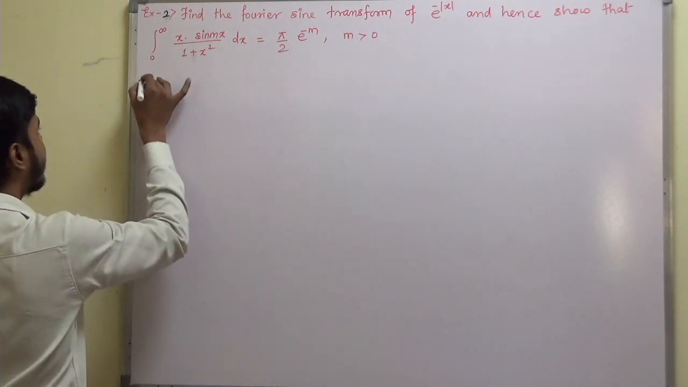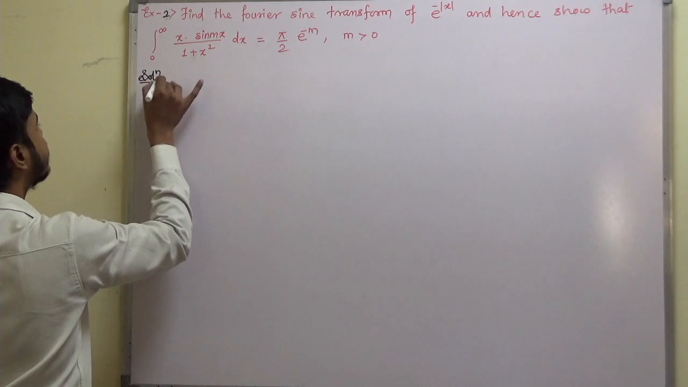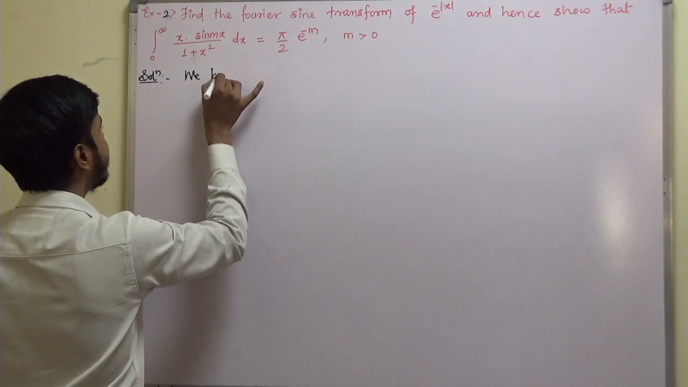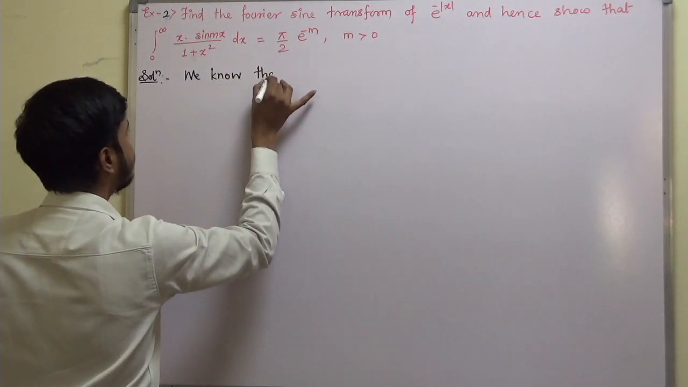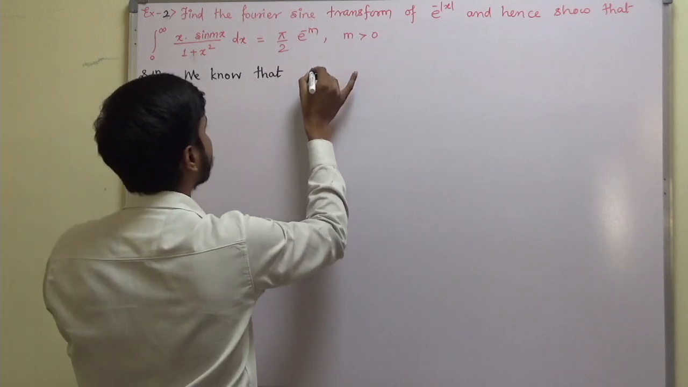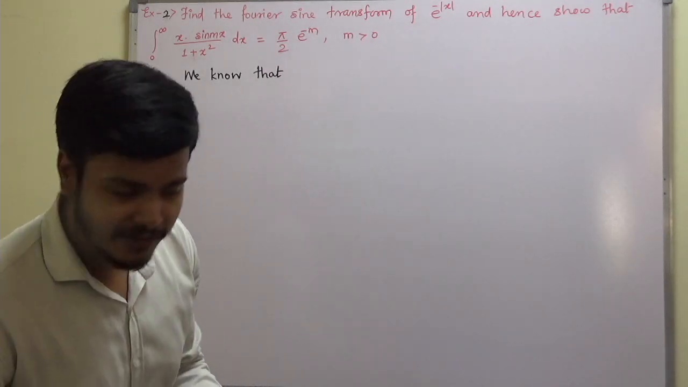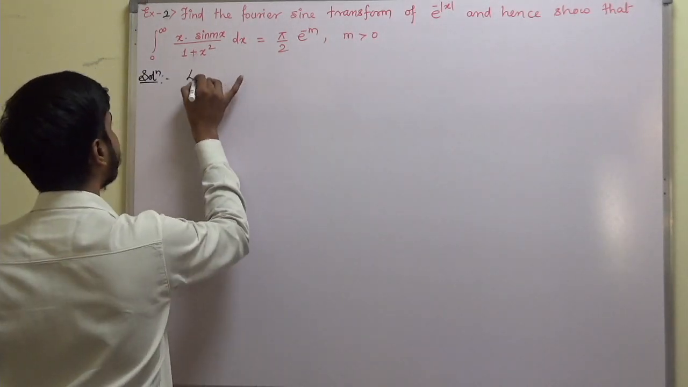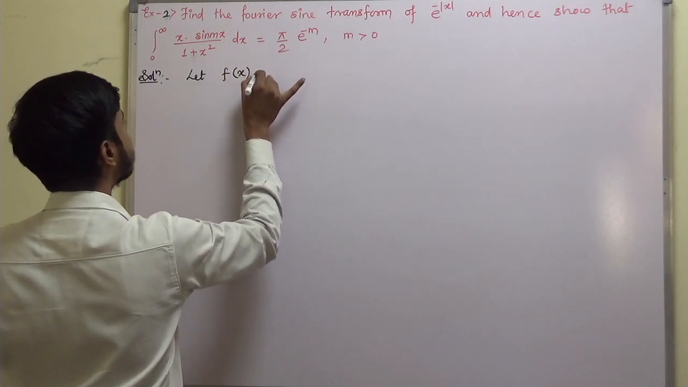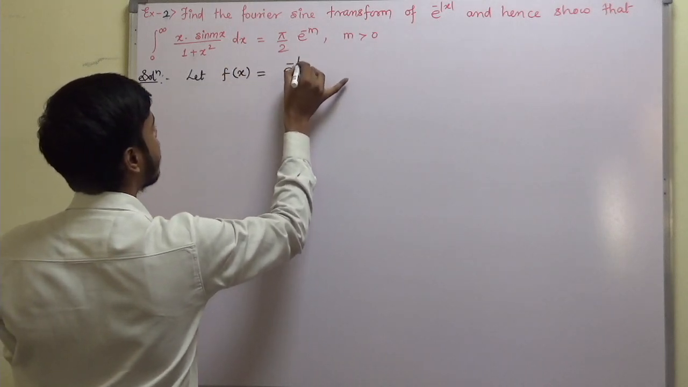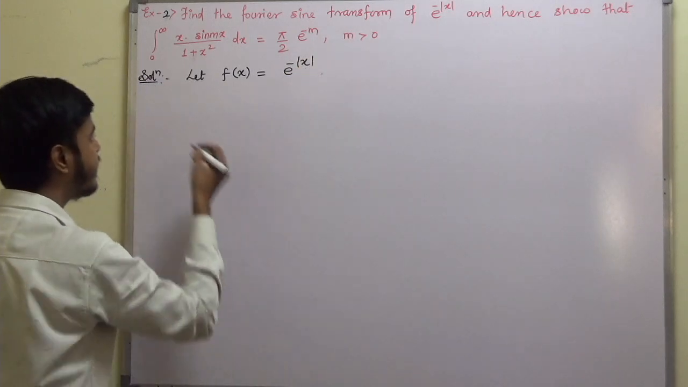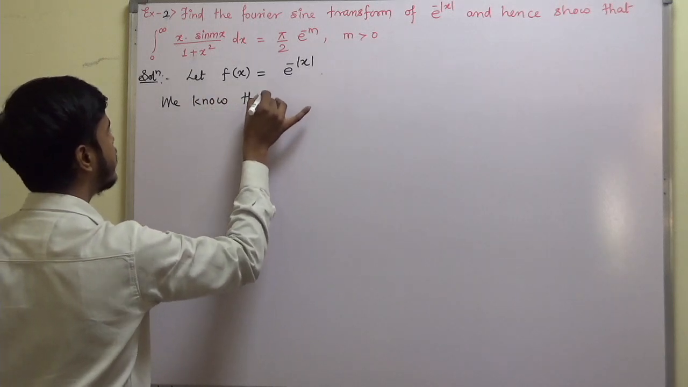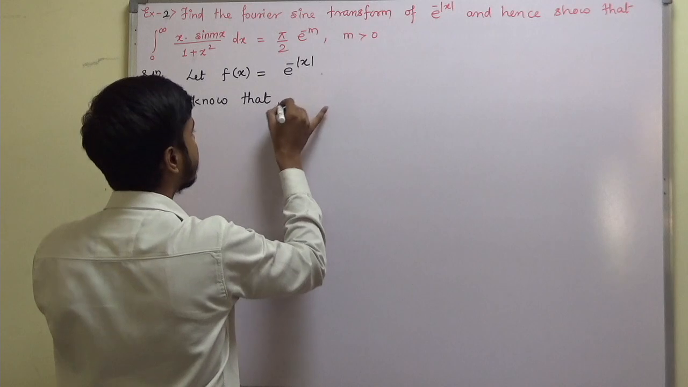Okay. So as usual, let us start with these three golden words in mathematics. That is, we know that. So what we know? We know that. Before that, write down the given function first. So what is the given function? Let f of x is equal to e to the power minus mod of x. Okay, and then we can start with the three golden words in mathematics, which says we know that